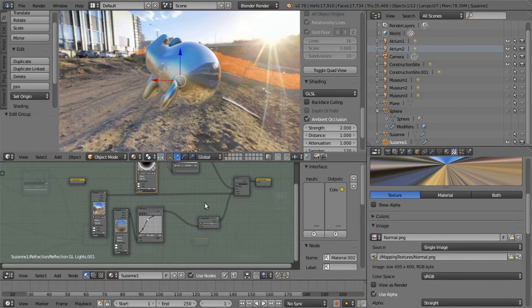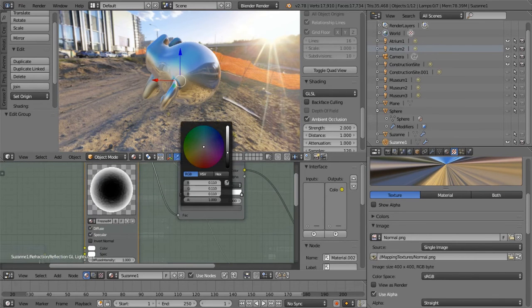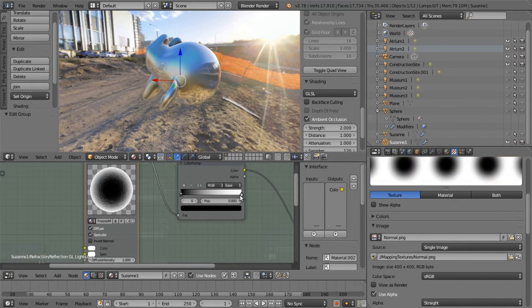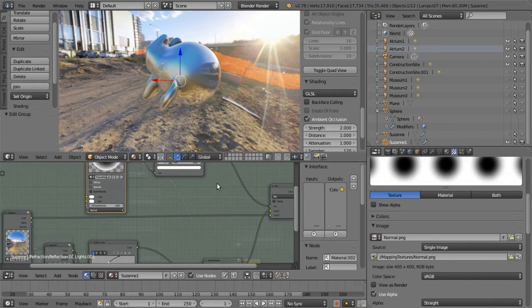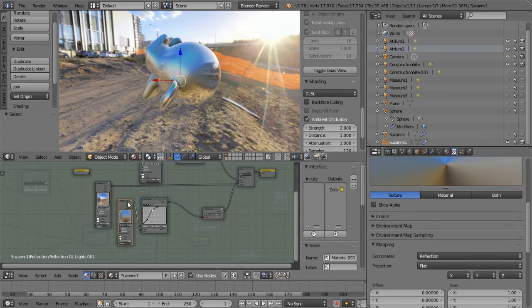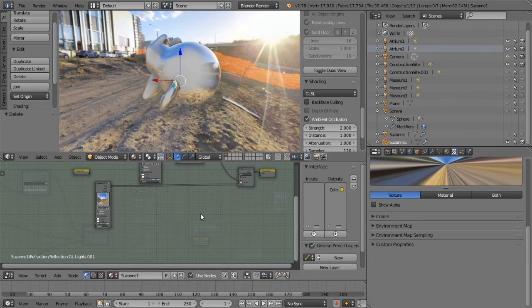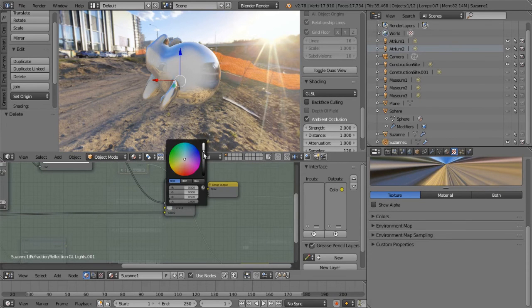So what we're going to do is we're going to make sure our settings here are the way they ought to be. Complete black on the left, complete white on the right, and then on the diffuse texture we're just going to delete these two spots here, the diffuse input, and we're just going to put a black color on the top,